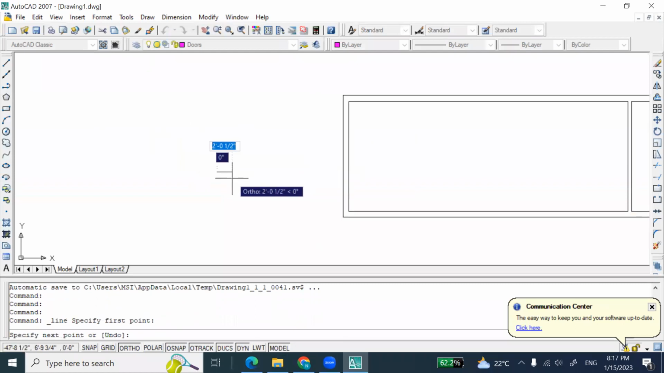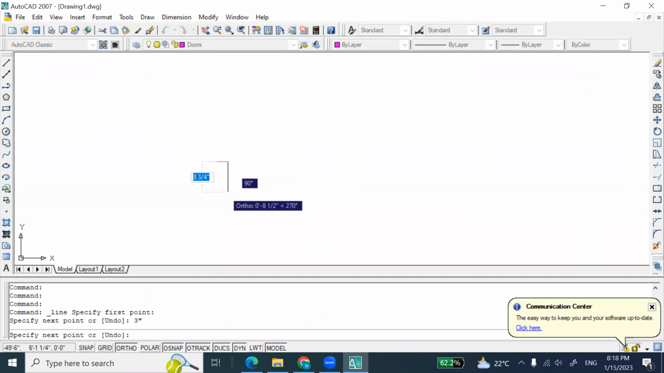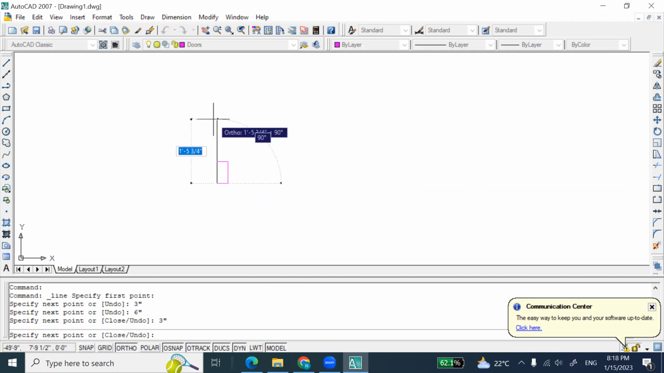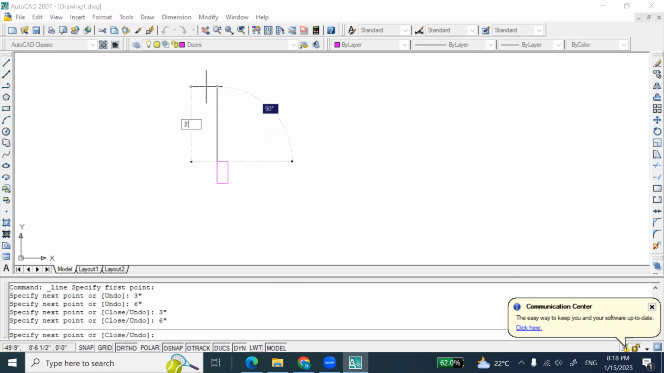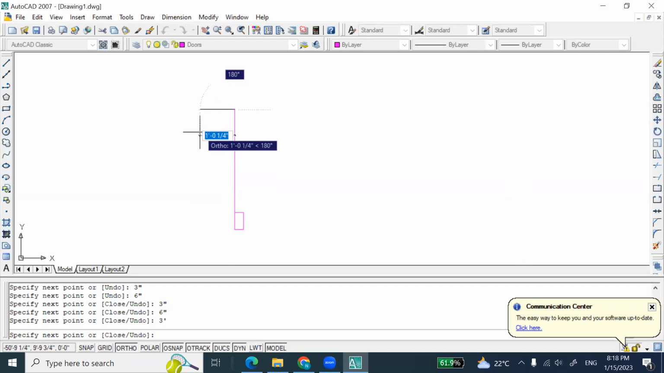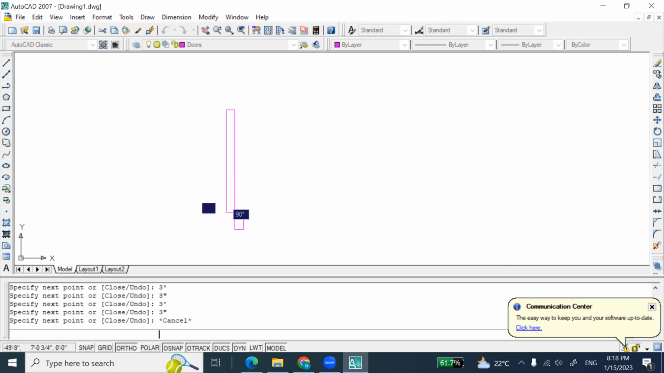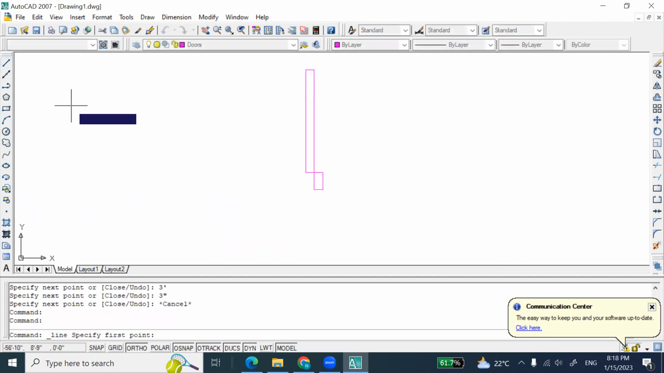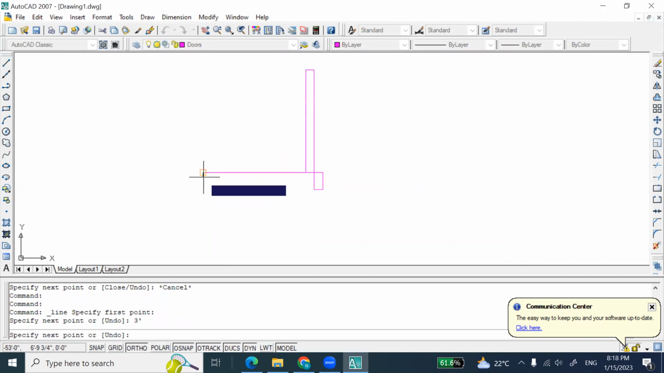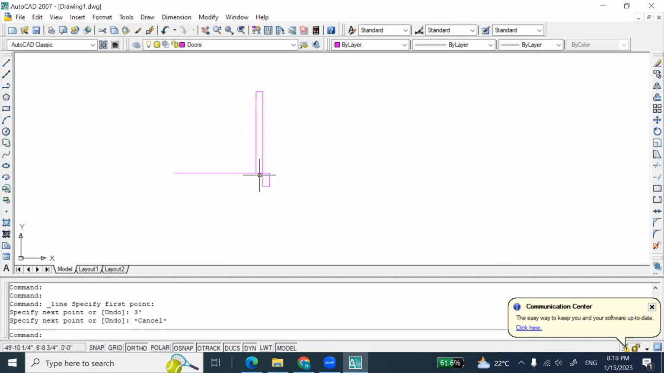So the first point I have selected. So we go to 3 inch, then 6 inch, then 3 inch, then 6 inch, then 3 feet, 3 inch, 3 feet, 3 inch, skip. Okay, now we want to draw a line of 3 inch, sorry, 3 feet. Okay, now we want to